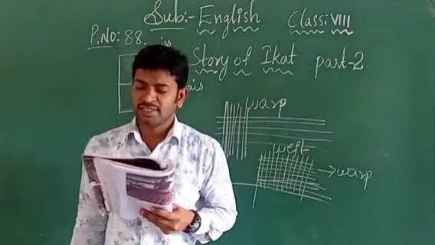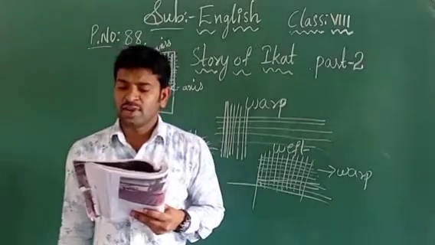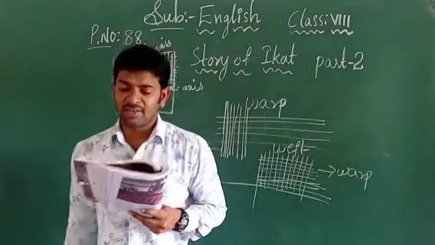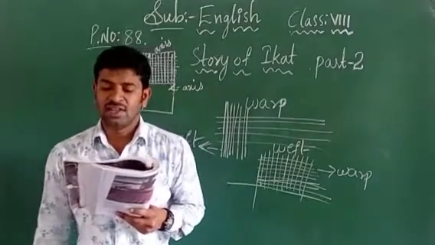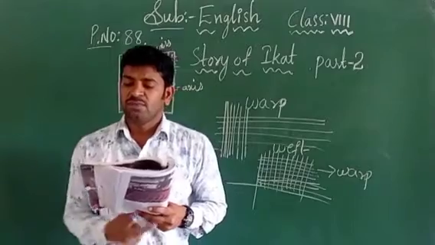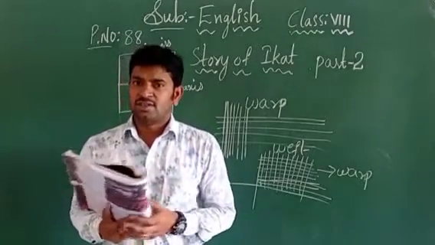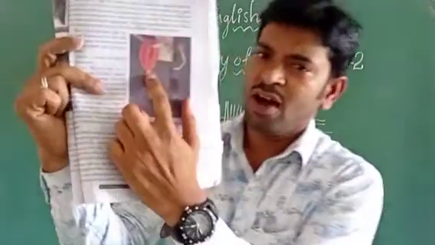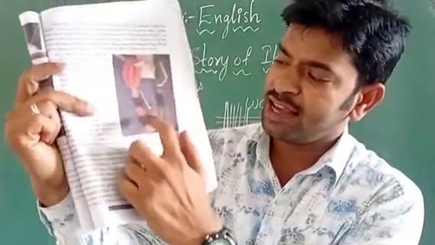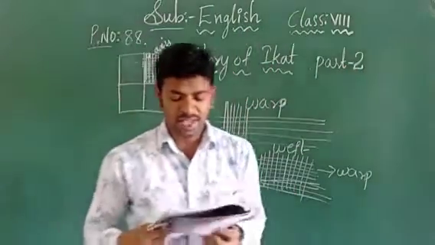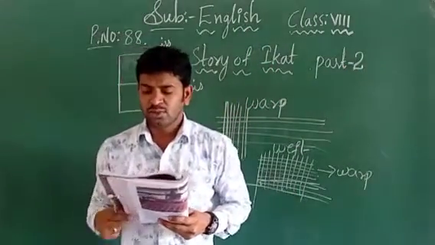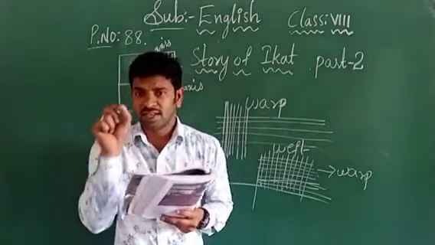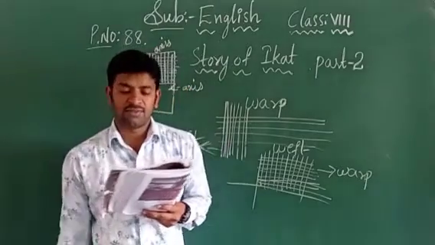Once you untie the knots, you can see which thread is dotted with colors at intervals, Ravi said. Okay, so you can see what here. The knots are nothing but wherever the place you are tying. Here tied, no, children. Here you are able to see how the threads are being tied with different colors. Yes or no? So once you untie the knots, you can see the thread dotted with color at intervals.